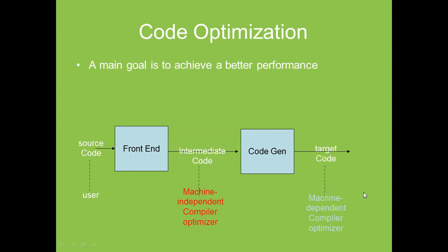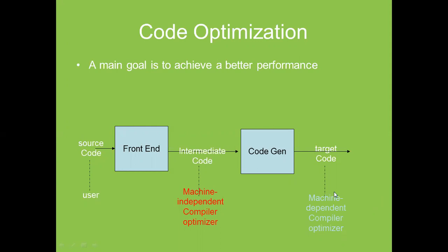Before that we use the code generator, and again before that we are applying the intermediate codes. And what is the intermediate code? Machine independent compiler optimizer. Okay, here we will use the machine independent. Why are we saying machine independent? Because the intermediate codes we will write in the form of mnemonics. Okay, assembly language, or mnemonics. We use different symbols or codes. So this is called the intermediate code, and this is machine independent.